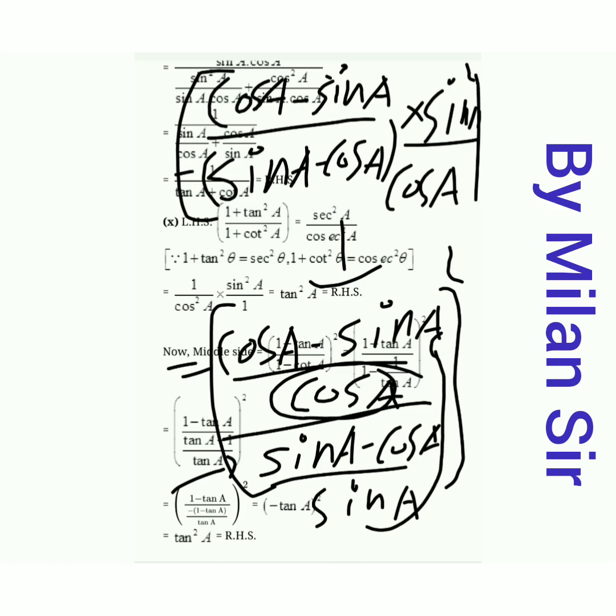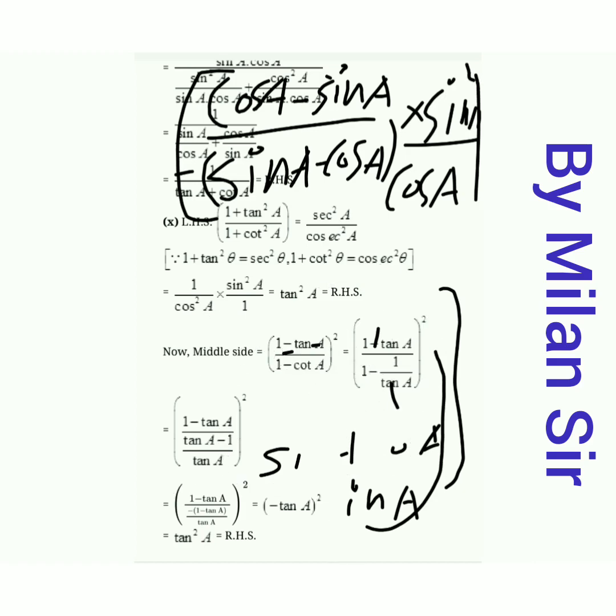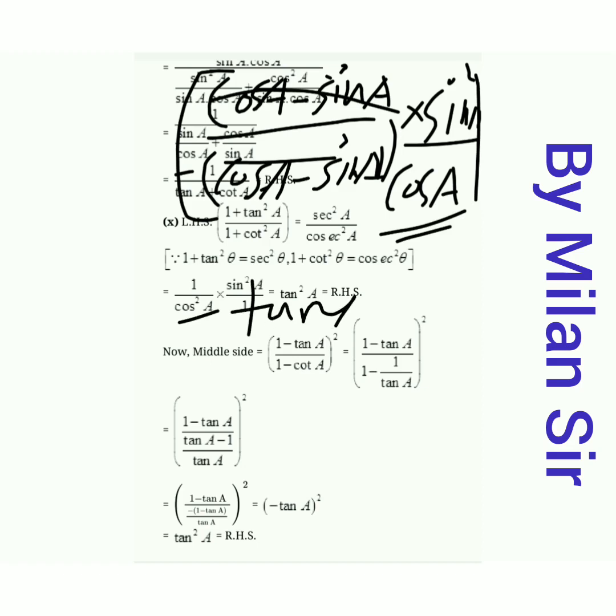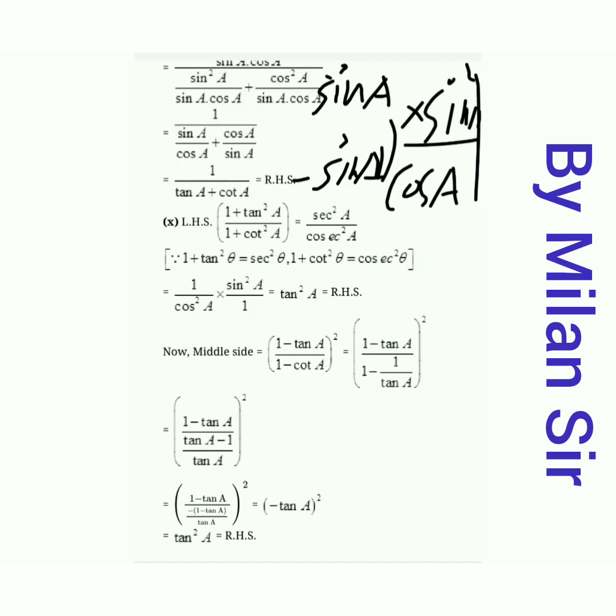Okay, so after doing this, and here I take minus common. Okay, so here is my mistake. I need to write cos A minus sin A, because that is why I am taking minus sign common. Then this cos A minus sin A cancels, and sin A upon cos A is equal to again minus tan A all square. It is plus tan square A. This is the right hand side, hence proved. Okay, so this method you can also use.